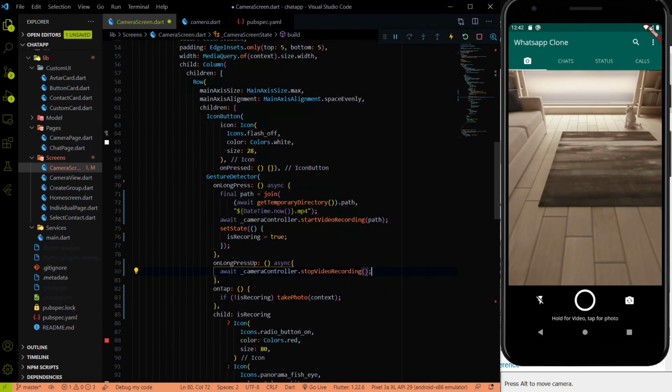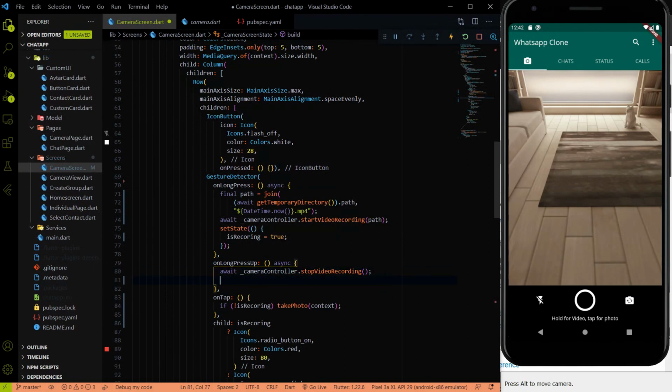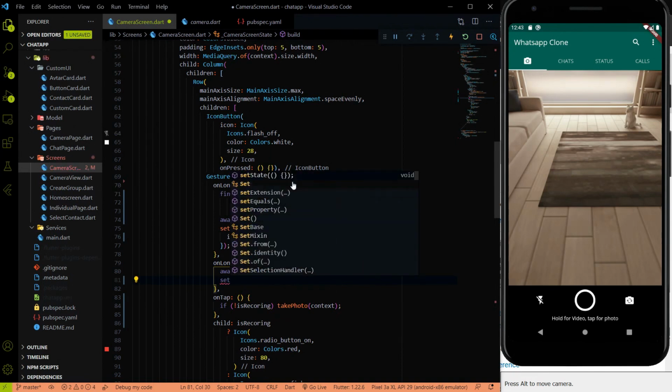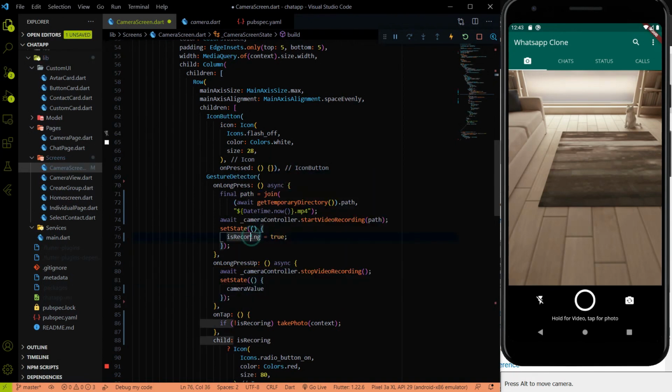Okay, so we stop the video recording, and just after the video recording is stopped, we have to set the state of this is recording to false. Okay, so the video recording will be off, then we have to move on to the next page as well.